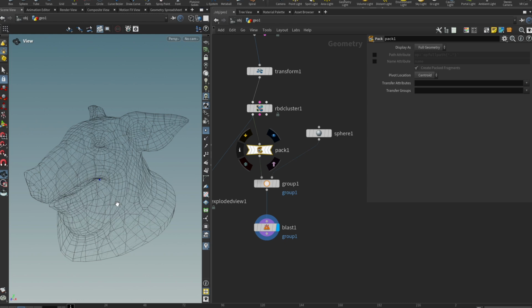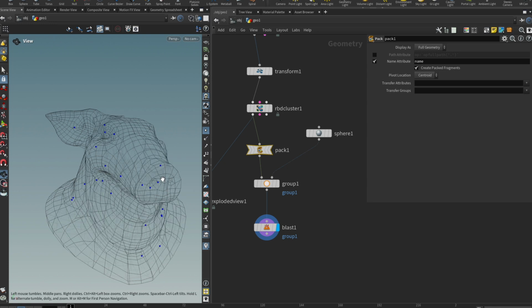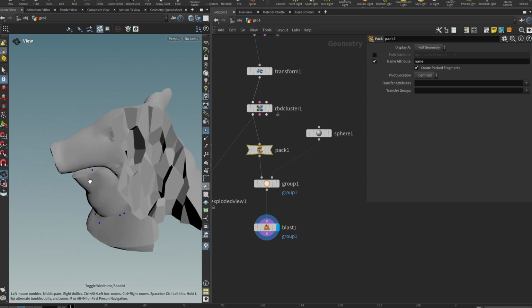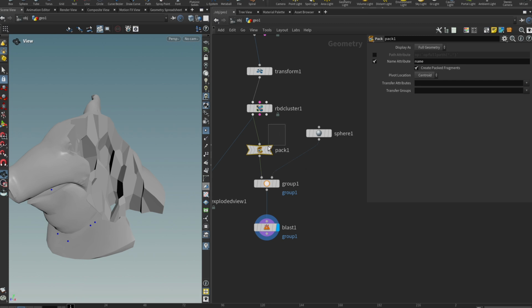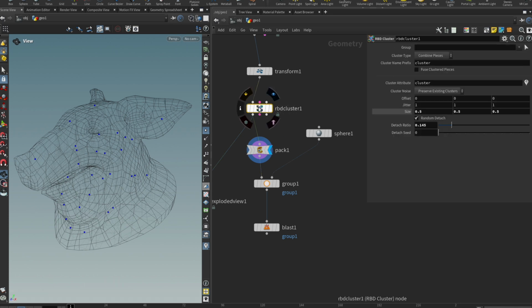I would want one packed primitive per piece, so that we can then simply detect a piece in a binary yes/no group. And to enable that, all we have to do is go over here in our packed primitive node and enable the name attribute toggle. And now you can see that we have a bunch of points in there, and our deletion is working as intended. And the reason why this is happening now is because if we go over this again, our packed primitive puts each piece, and that also means the clusters of the pieces,